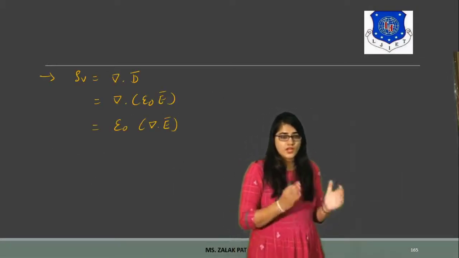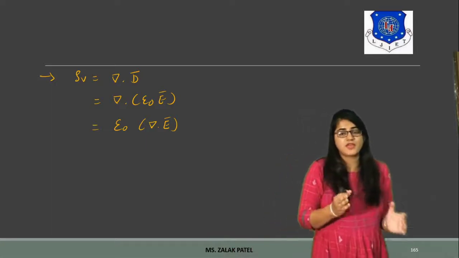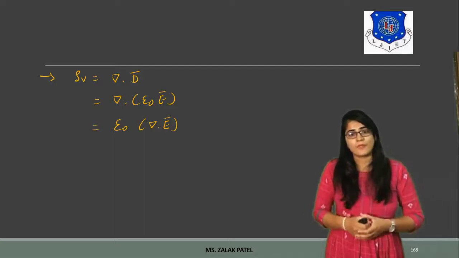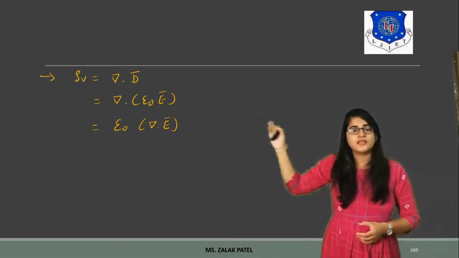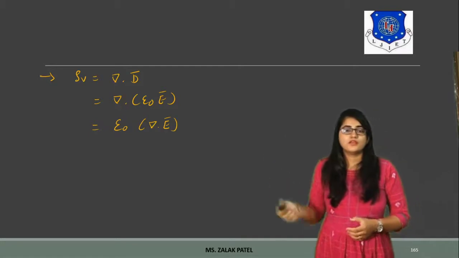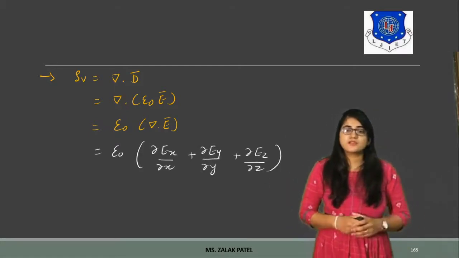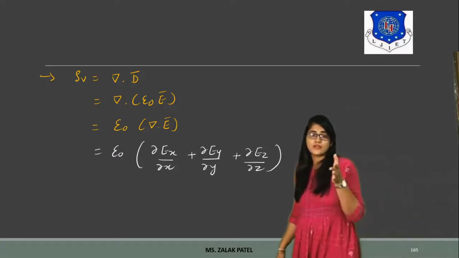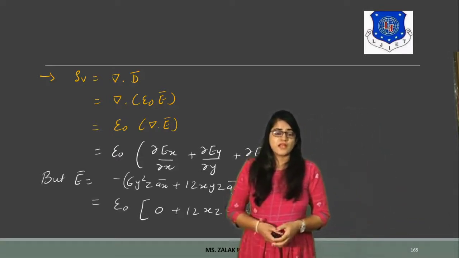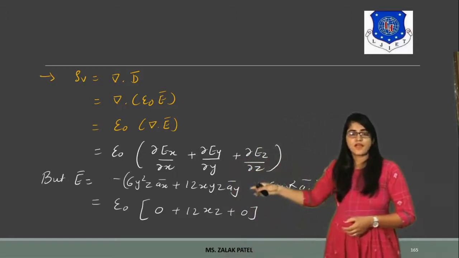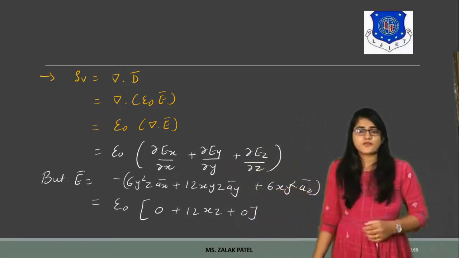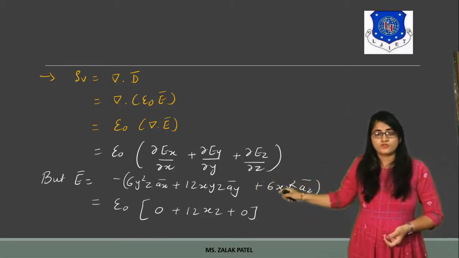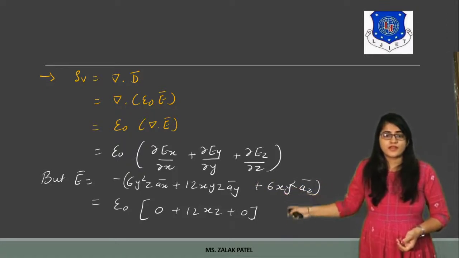From this, you can easily find out D, because D can be obtained by multiplying epsilon 0 and E. So del dot D is del dot epsilon 0 E. Basically, you have to take the divergence of the given electric field intensity. We have the equation of field intensity, you have to take the divergence of that. So it will be like this. This is our divergence equation. We have already discussed how to find the divergence in unit number 1. So this is how you can take the divergence of the vector and get the answer.